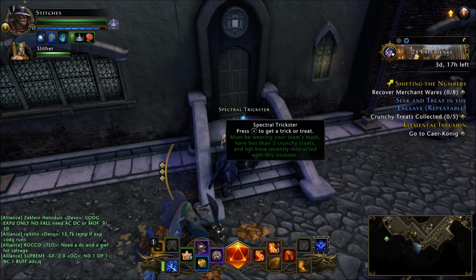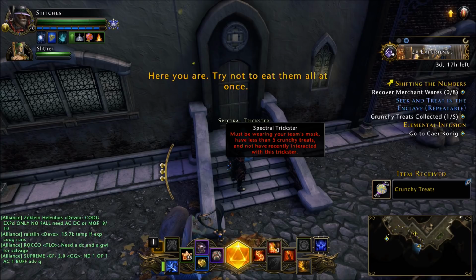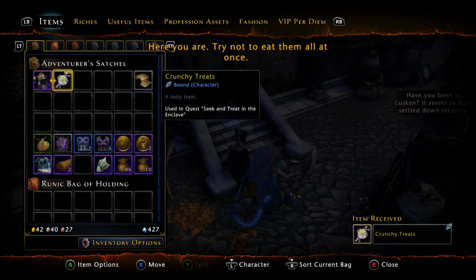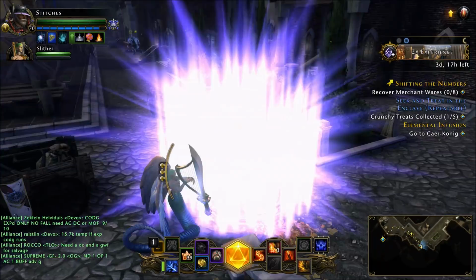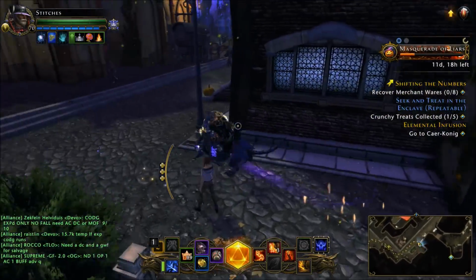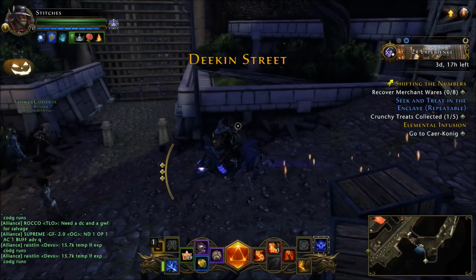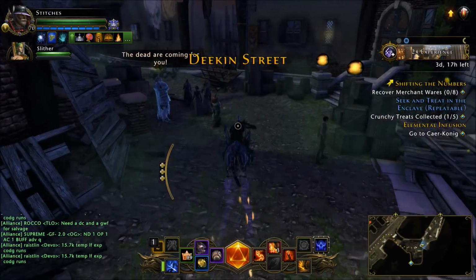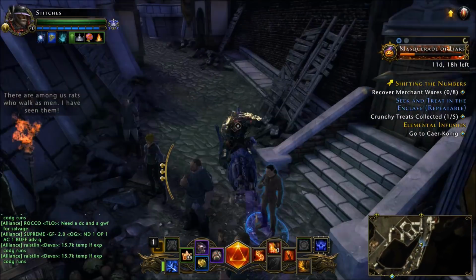spectral tricksters. You have to be wearing your mask and then simply just say trick or treat, and they will reward you with either a candy or they will trick you and you will be placed somewhere randomly in the map. So basically you just have to run around, find 5 illusions. Hopefully they all give you the treats and you don't get tricked, and that's it. You're done. You can move on to the next character, or if you're only playing one character, then so be